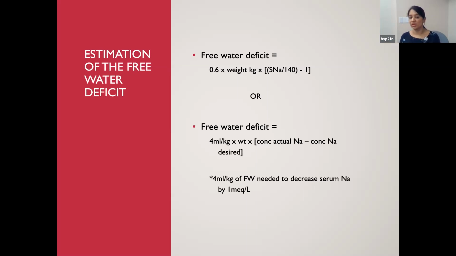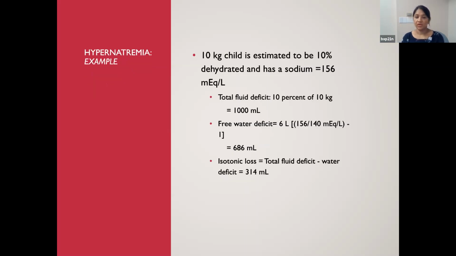So suppose you give 4 ml per kilo, somebody's 10 kilo, so 40 ml, to a kid, 40 ml of D5W, then you might reduce that sodium by 1 milliequivalent per liter. So here, this is the calculation I did: 10% dehydrated and have sodium of 156. Your total fluid deficit, because if he's dehydrated, he might have lost some free water plus the electrolyte water. So you calculate the total fluid deficit, which is 10% of 10, almost a liter, and free water